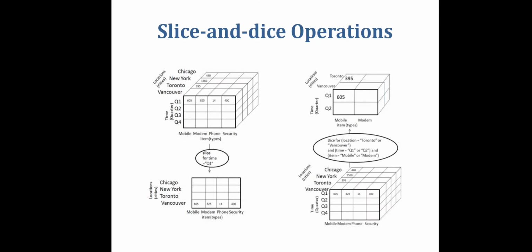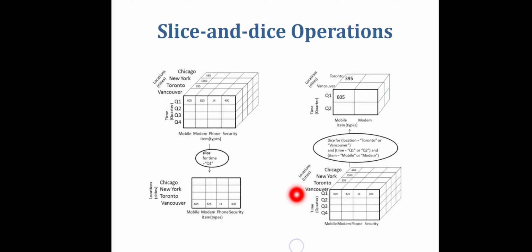With that we are going to see the dice operation also. In this dice, this is the cube that is given. Now in this dice operation we can choose more than one dimension, right. In slice we were choosing only one dimension, that is time. Now here we can choose more than one dimension. So I have chosen the location with 2 different locations, so for this location dimension I have chosen 2 attributes only, 2 cities only. For time we have chosen the quarters Q1 and Q2. With that, for the item types we have chosen mobile and modem.